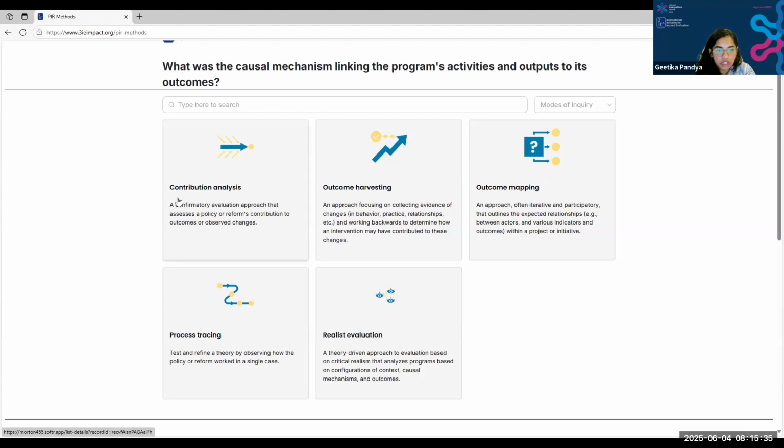So we have contribution analysis, which is a confirmatory evaluation approach that assesses the policy or reform's contribution to outcomes or observed changes. Okay, this could be a possible contender for our problem. There is outcome harvesting and outcome mapping. I know that both of these methods are participatory methods, and just in the interest of time, I'm going to